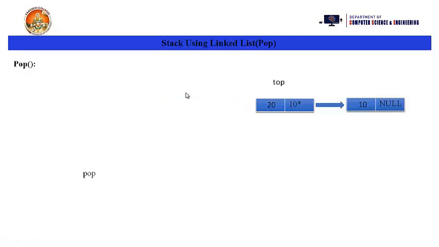Then I want to pop one more element. So first take one more name to the top node, then move the top node to the next node and pop the element from the stack. Now this stack consists of only one node and it is the top node. Then I want to pop this element. After popping this element, the stack does not consist of any elements. In that case top becomes the null value.